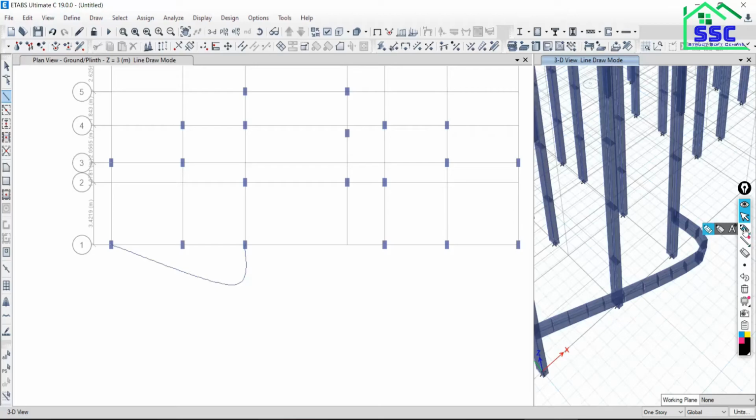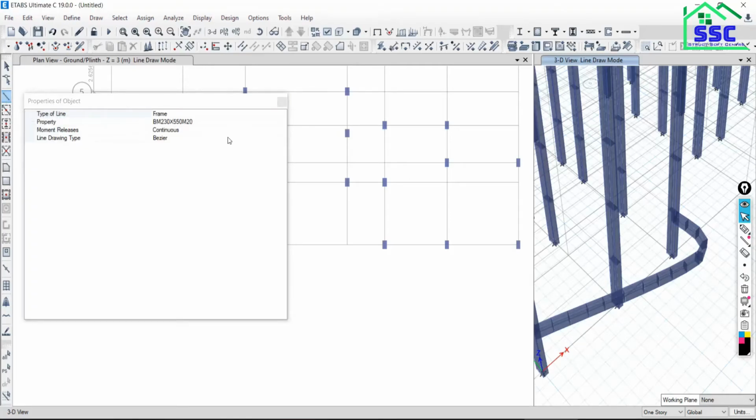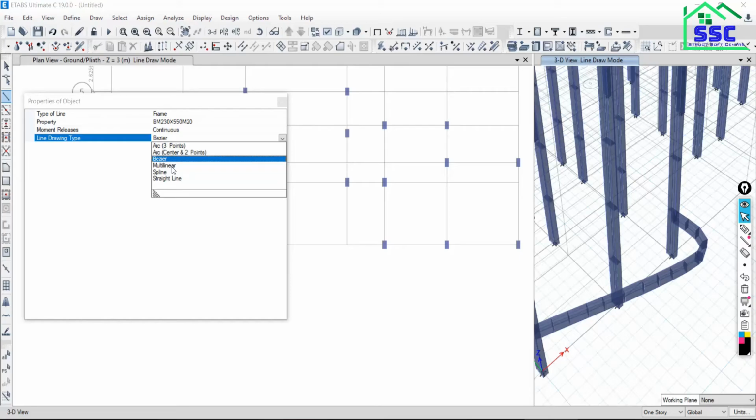Now another option is what? Suppose you want to model the beam like this, with the corner, with the sharp edge, with the corner point. Suppose if you want to model like this, so just go back to ETABS again. You take the beam and change it from Bezier to multilinear.